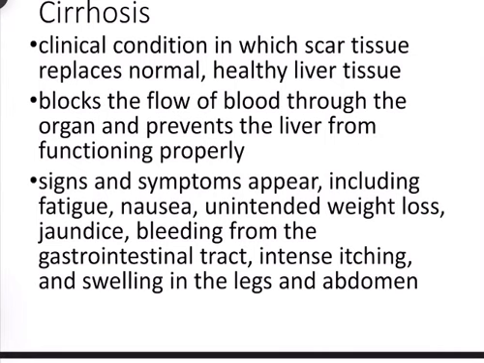This blocks the flow of the blood through the organ and prevents the liver from functioning properly. So, mawawala na ng normal function yung liver if ever that there is a cirrhosis. Bakit your blood cannot flow within the vessels of your liver? Kasi nga, nagiging scarred tissue na siya. Okay, naninigas na,